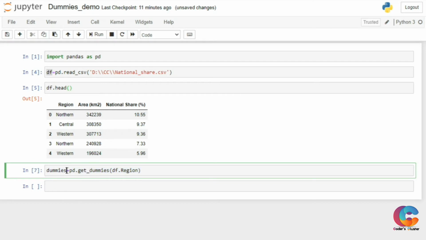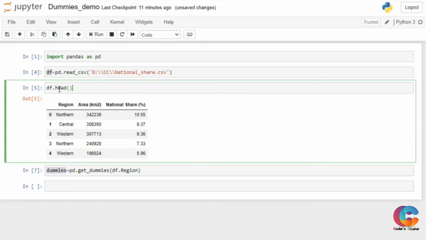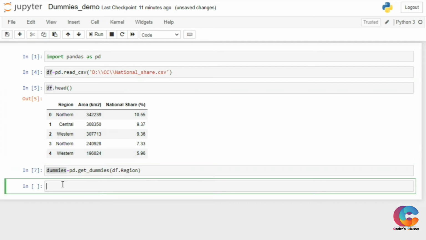Now I'm going to concat these dummy variables with our previous data frame, which is df. For that I'm creating a new data set, merge underscore df, and I'm concatenating with the help of the pandas library. I'm calling pd dot concat of, and I'm giving df and dummies as input.